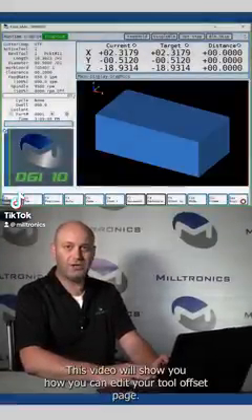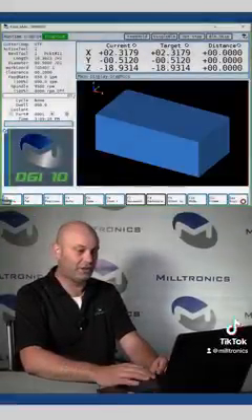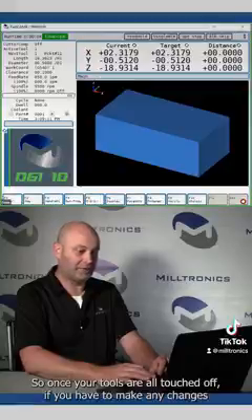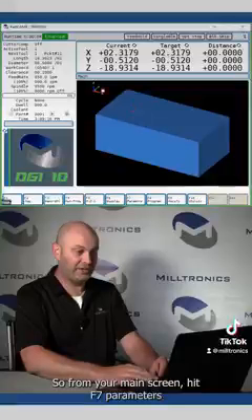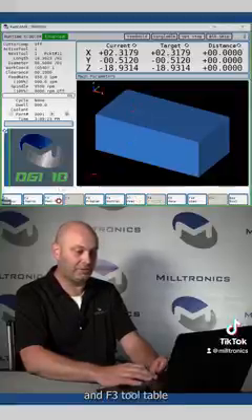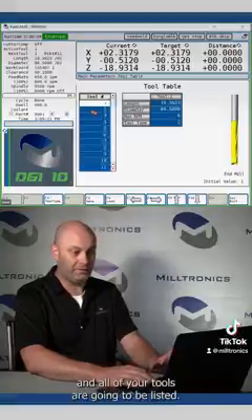This video will show you how you can edit your tool offset page. So once your tools are all touched off, if you have to make any changes to length or diameter, from your main screen, hit F7 parameters, then F3 tool table, and all of your tools are going to be